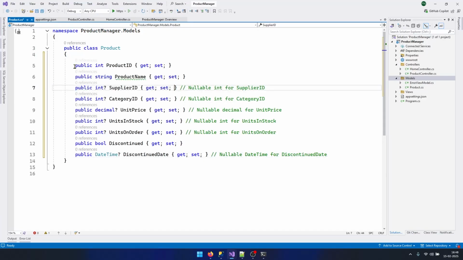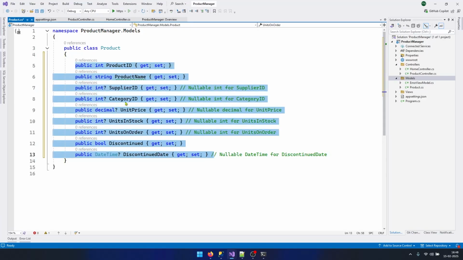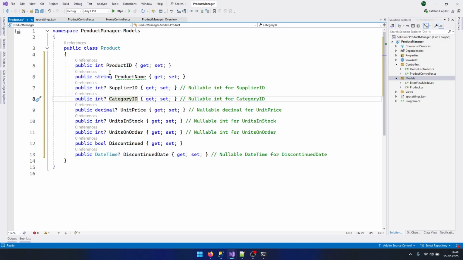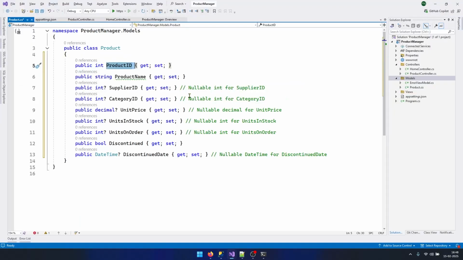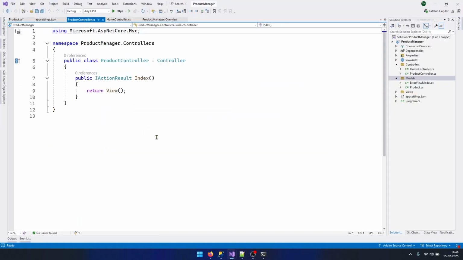So I have added all the properties here, and make sure guys you are adding the property name same as the column name which is specified in the table. Okay, once that is done, now let's go back to Visual Studio, go to your product controller and create a constructor here